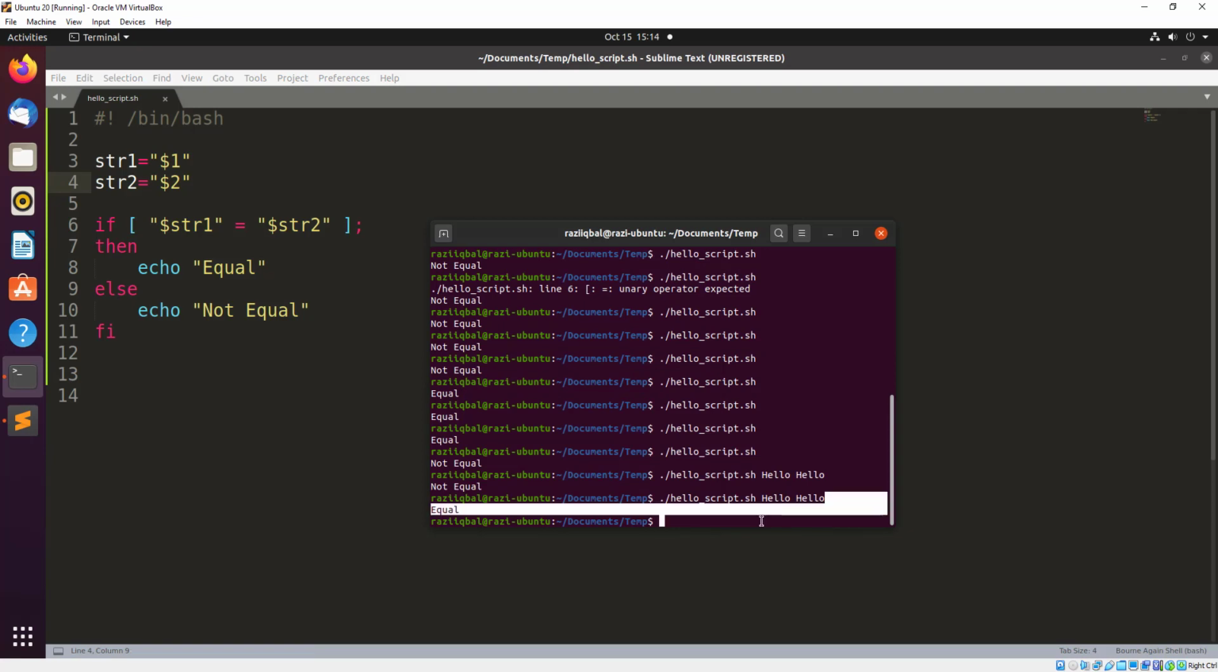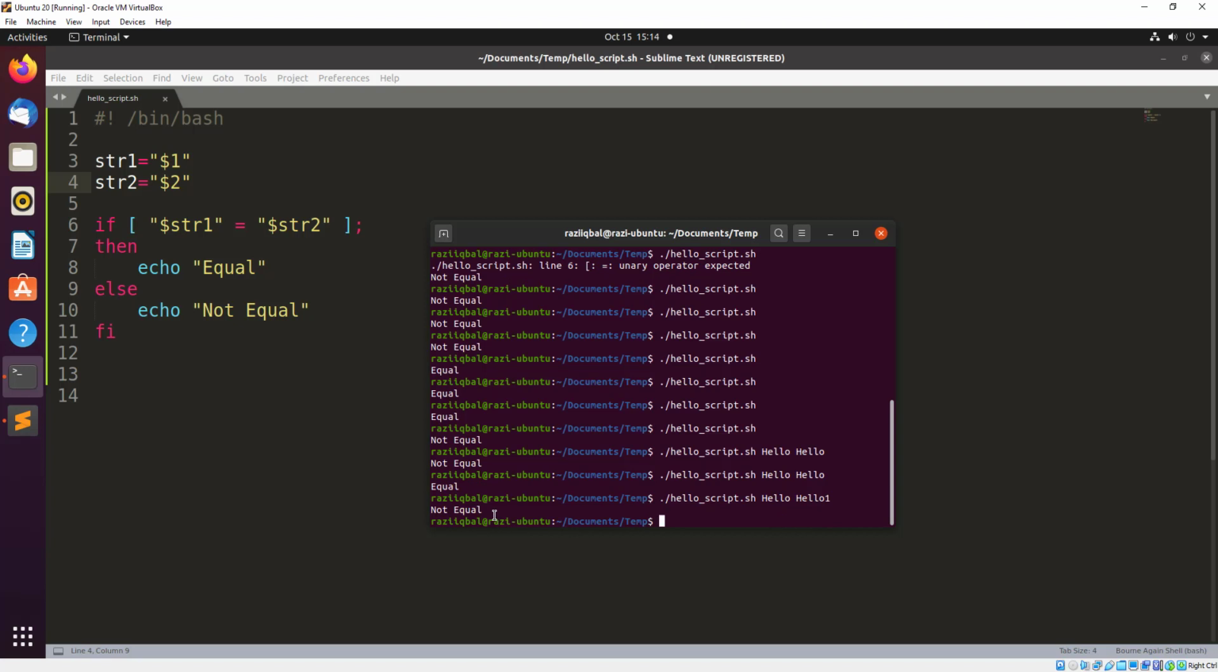Let's do this now. Hello and hello are equal, yeah. So hello 1, for example, they are not equal, right? So you can take input from the command prompt also. These are called command line arguments. So you can do something like this as well. So now we know that we can do it this way as well. So how about we do our